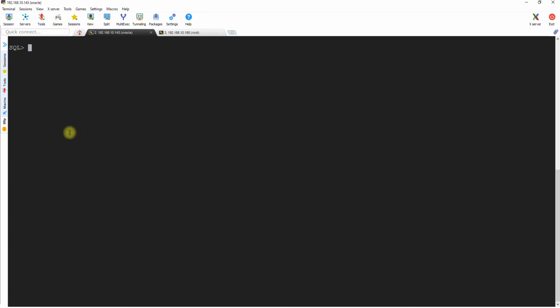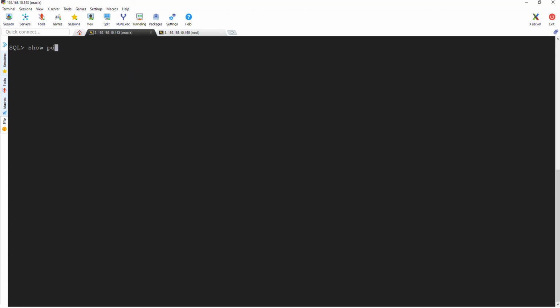Now this is the very important part. There are specific objects and dictionary views which are required to be created under the PDB. Our PDB has been created, but only partially. It has to be completely created and linked properly to the container database. So for that we need to run the package, and for that we need to shift to the specific PDB and then run it.